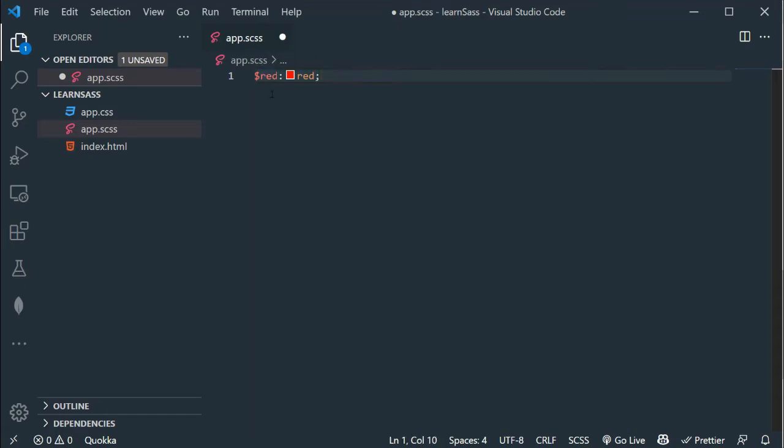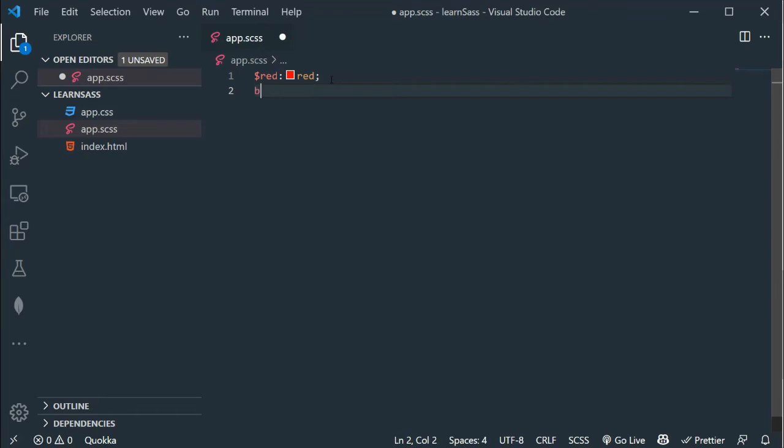I will explain to you in this section how we can create SaaS or SCSS variables. But for now, just add $red colon red. So this is a SaaS variable, and this red variable has a red value.